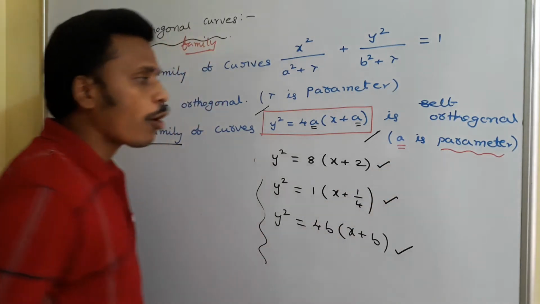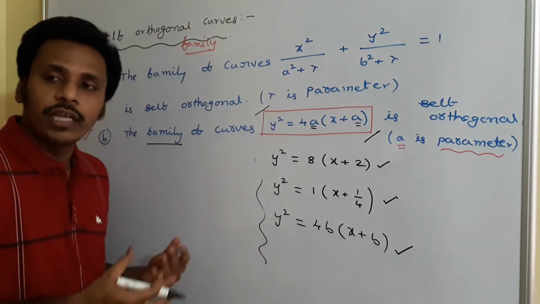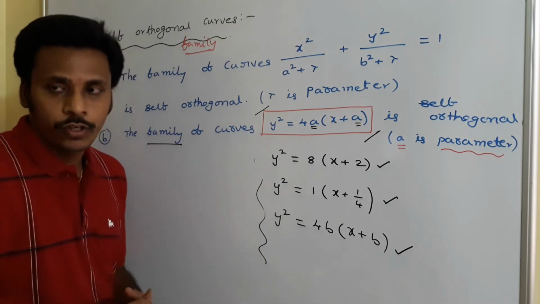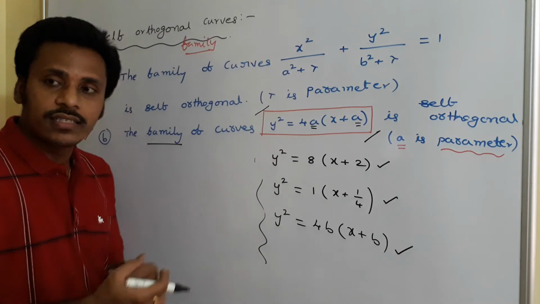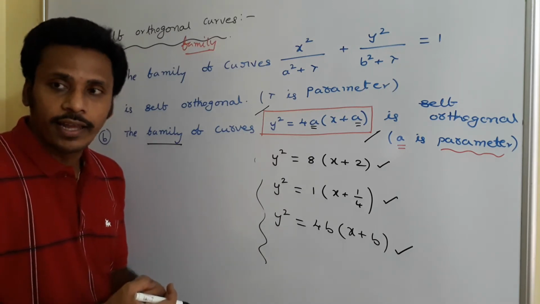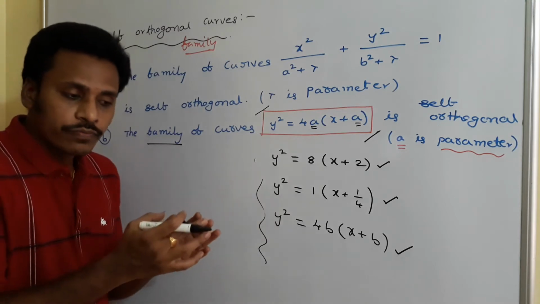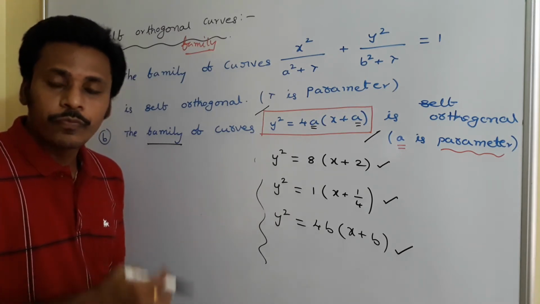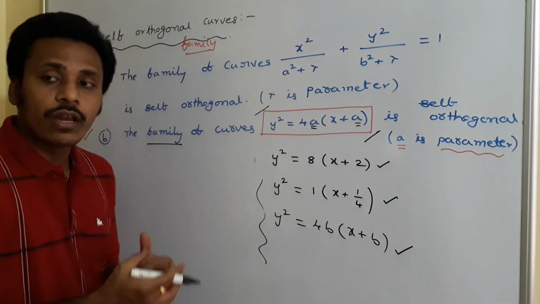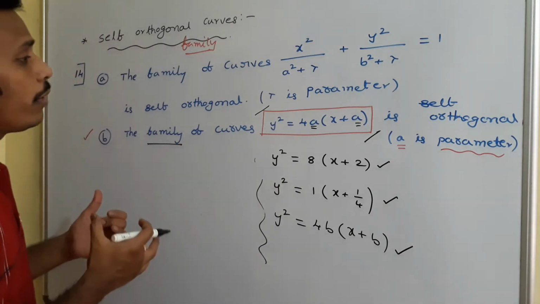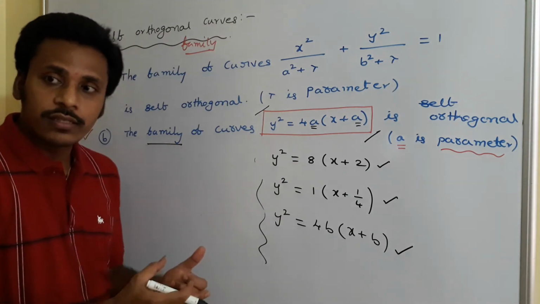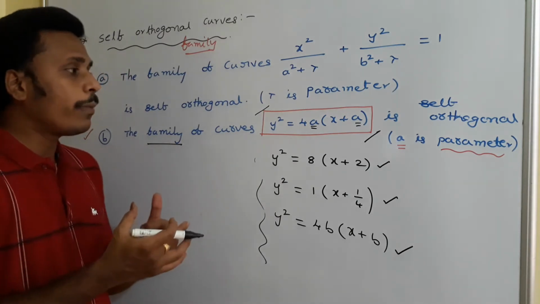Usually we call it a parameter. We will generate many curves, and all those curves are considered as a family of curves. Usually from coordinate geometry, you learnt about the family of straight lines, and from circles of coordinate geometry, you learnt about the family of circles. In the same way, now we are going to discuss family of curves, just like family of straight lines, family of circles. Now we have here family of curves.